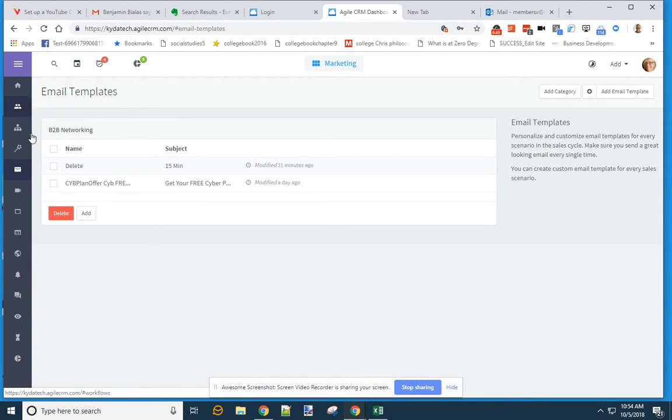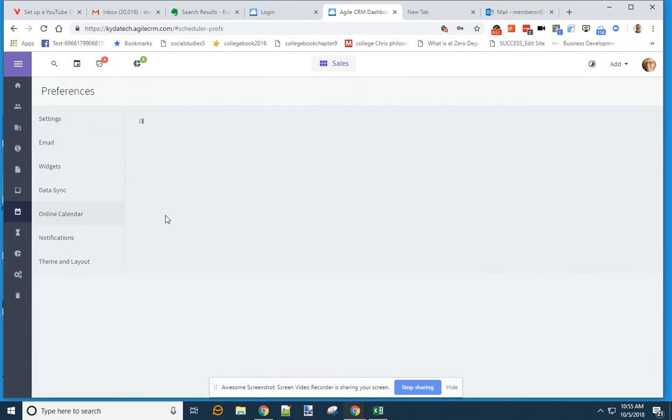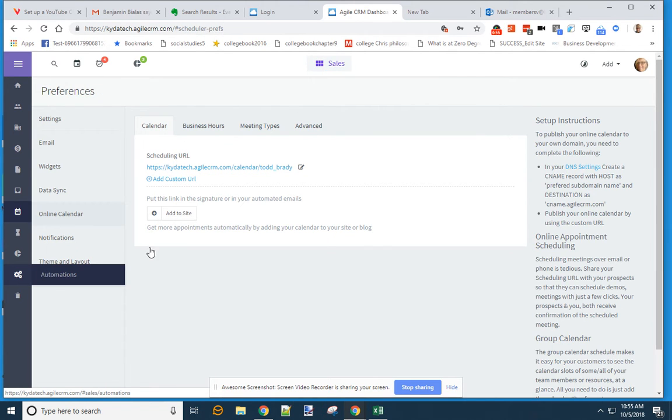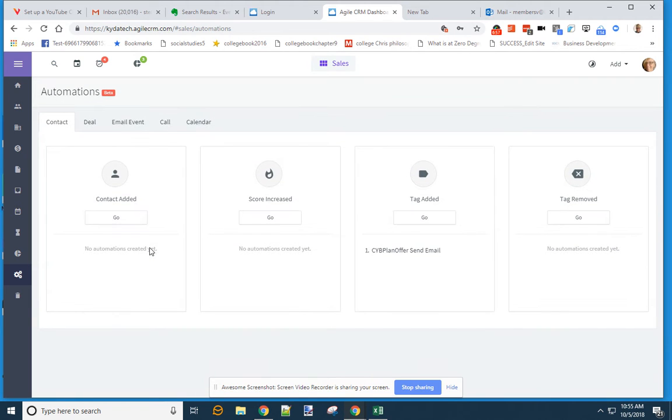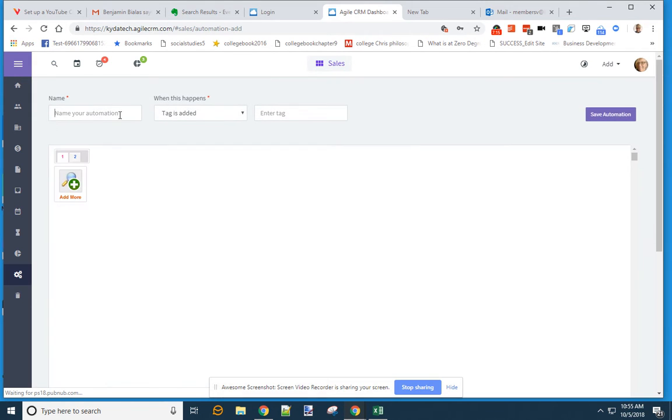So first we have a contact, then we have an email template, and then we have, I'm going to show you what automation looks like real quick. So automation is sitting right here, and we want this automation to be send an email when a customer or contact receives a certain indication on the record on their profile that they should get it. And that we're going to use a tag. So whenever a tag is added, that is this tag,